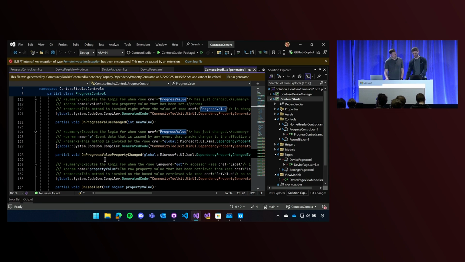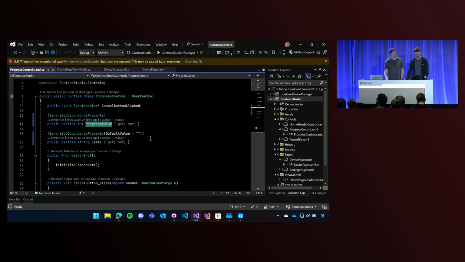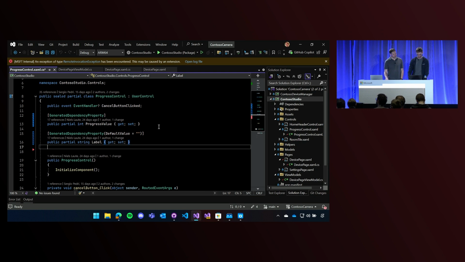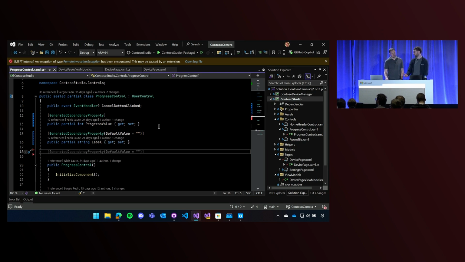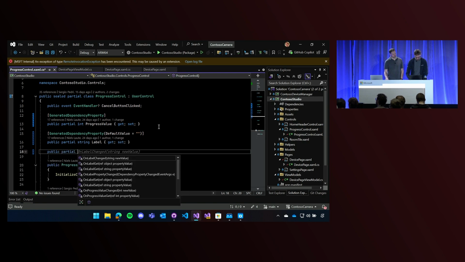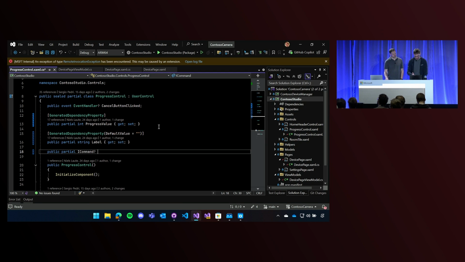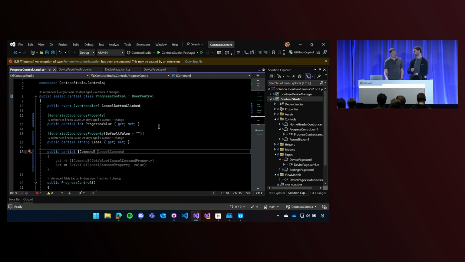And in this case, this is probably the one that you were thinking of, right? Yeah, exactly. You can just implement on progress value property changed, and then the generator will automatically wire that up. Nice. All right, so let's do the cancel command that we wanted, right? Yep. So I'm going to say public partial ICommand. I can even make them nullable because we added a whole bunch of analyzers to even support nullability values for dependency